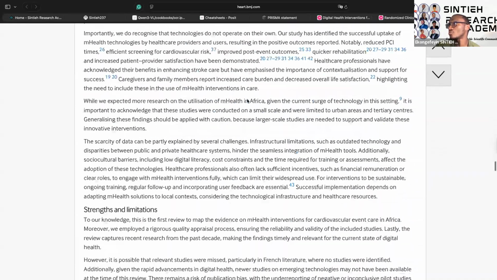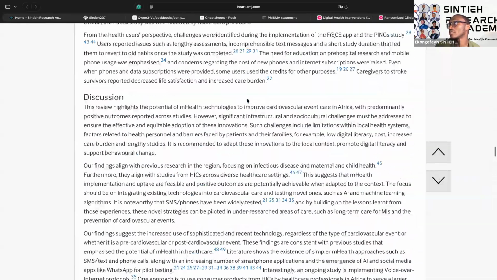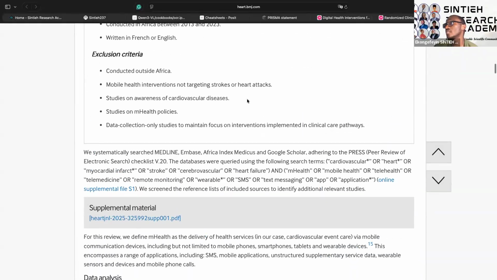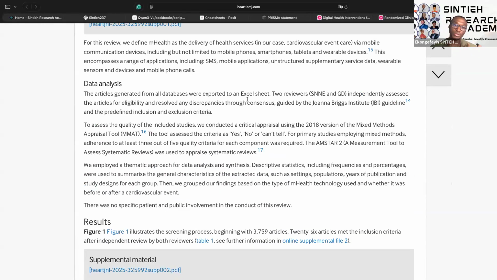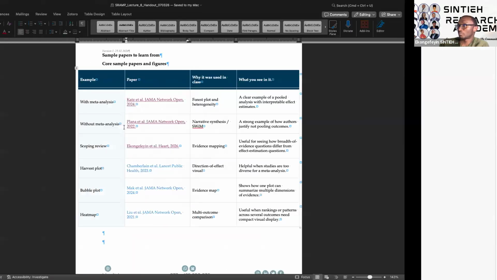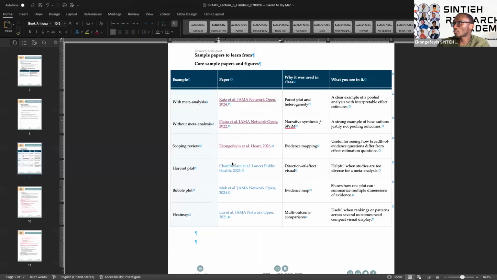So all of this is just from the studies, and that's it. You see that here again, it's not a paper by paper review, but more on the details. The other papers that have figures, I'm going to send to you. You guys are going to look at the figures, just to see how these figures are done